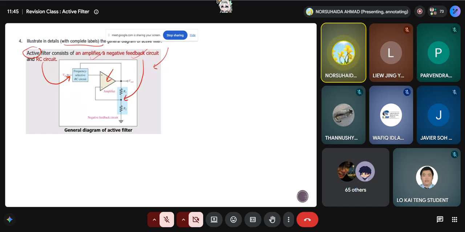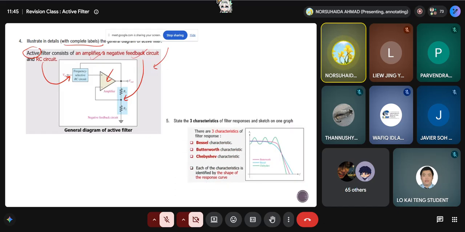Next we move to question number 5. The question is: state the 3 characteristics of filter response and sketch on one graph. Meaning that all the 3 responses are sketched on the same X and Y axis. So from here we can see that we have the Bessel characteristic, the Butterworth characteristic, and